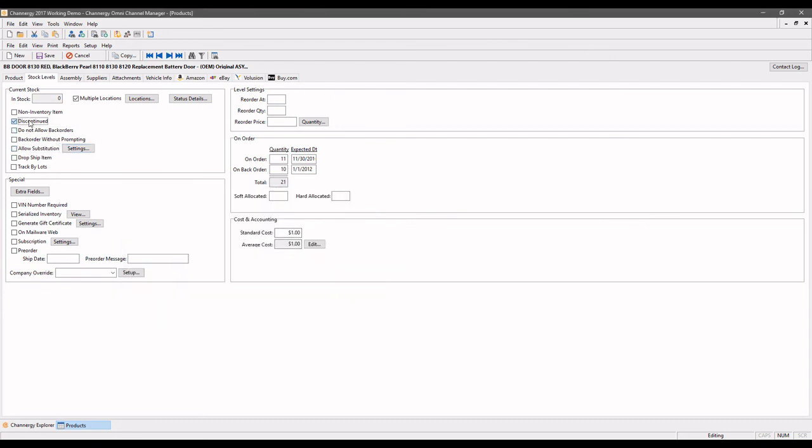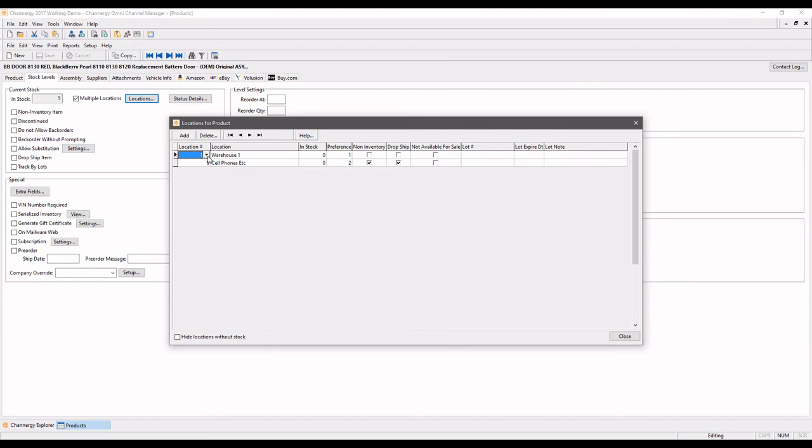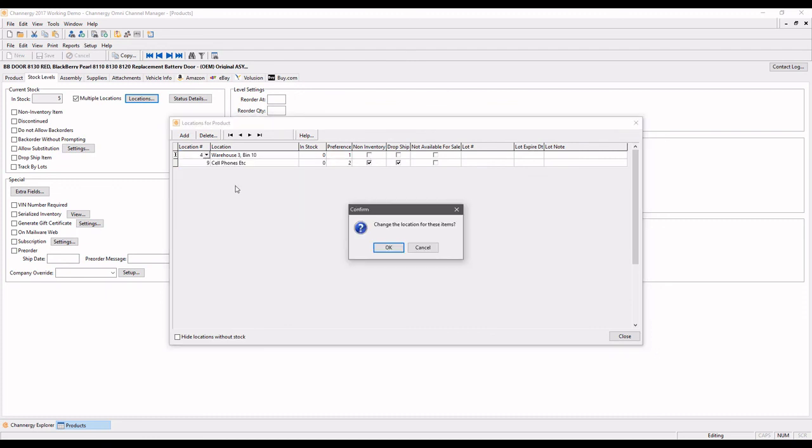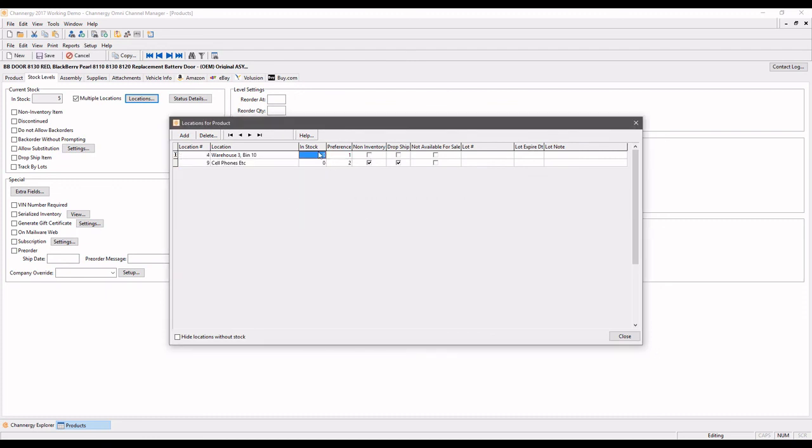Okay, let's take those off, and then we'll talk about quantities. You can have a quantity in stock, like 5, or you can use our multiple locations feature, which most folks do. And for that, within locations, you can have as many different locations as you like. Physical locations like warehouses and bin numbers. You set these up again in the setup button. So maybe warehouse 3 bin 10 has 15 in stock. And you want to put